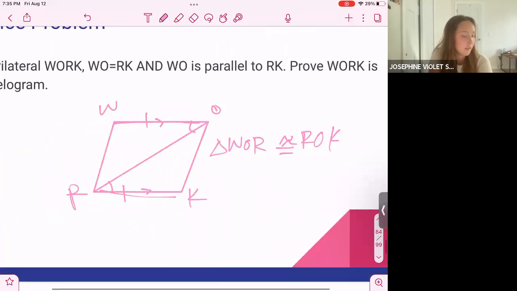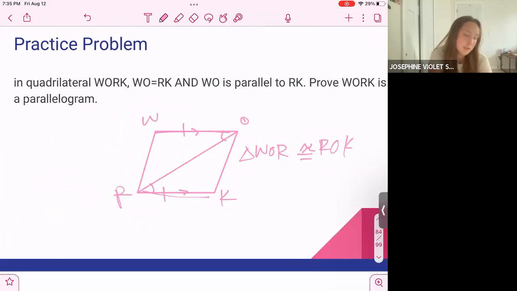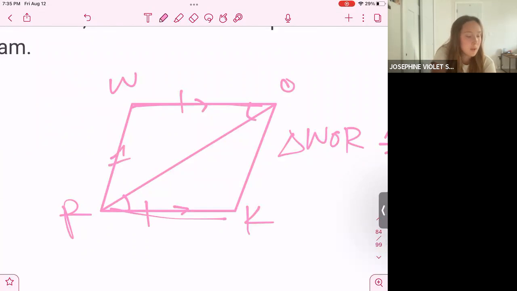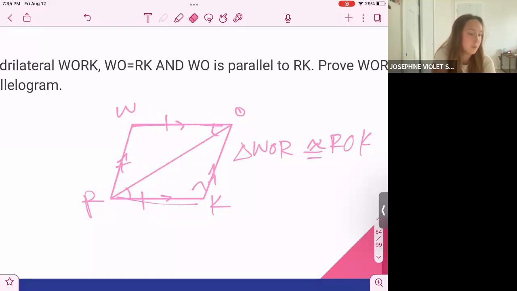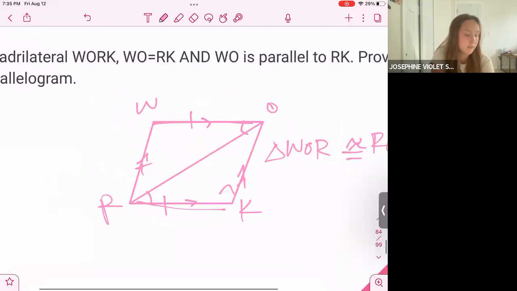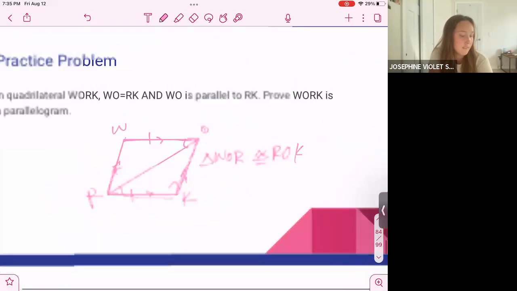My bad. So we need to prove that this is a parallelogram, right? So we need to prove that it has two pairs of opposite parallel sides. And using what we know about parallel sides, if these sides were to be parallel, then the angles, like, if we were to cross-section it this way, these angles would be the same. And what we have from these two congruent triangles is that those angles are in fact the same. So we know that RW equals KO. All right, so, okay,